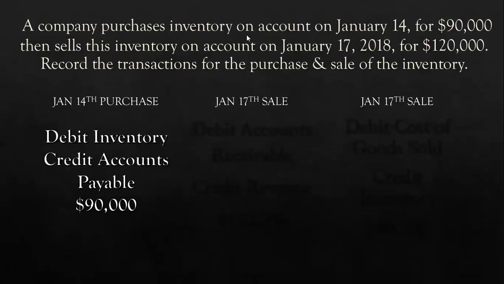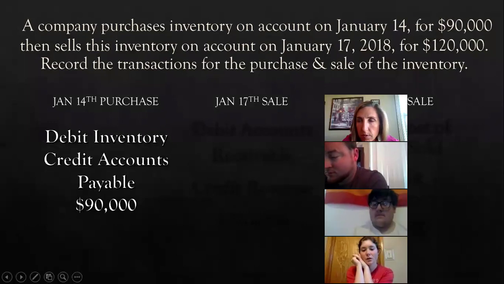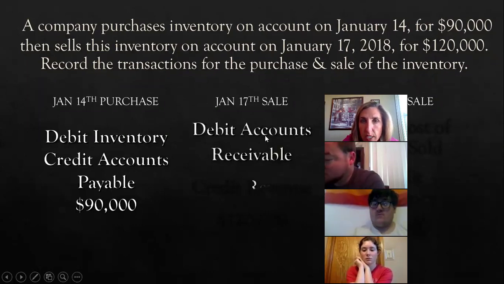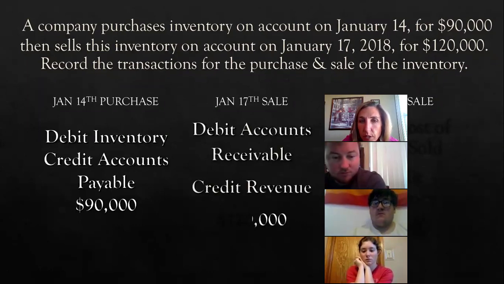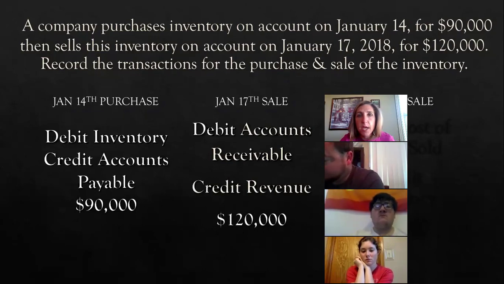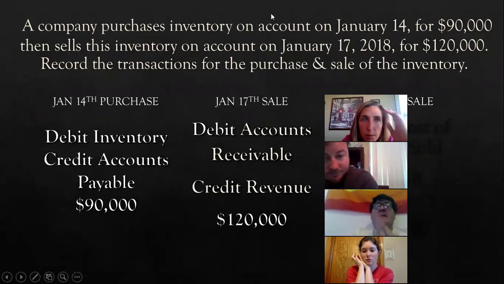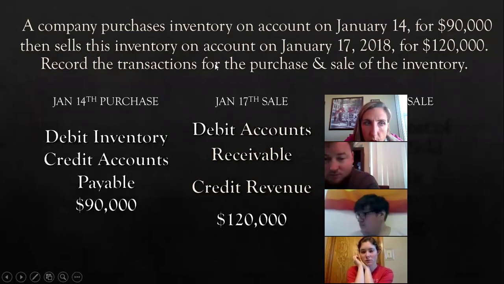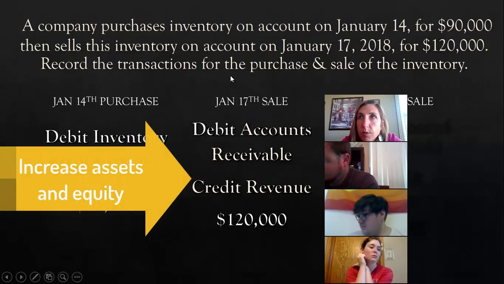Questions on that first journal entry? Nothing? Okay. On the 17th, there are actually two journal entries. You're going to debit accounts receivable and credit revenue. So that says I made a sale. Remember up here, there are trigger words. The sales word tells me I need to record revenue for $120,000. It was also on account, but this time I have to debit accounts receivable because I should be receiving payment